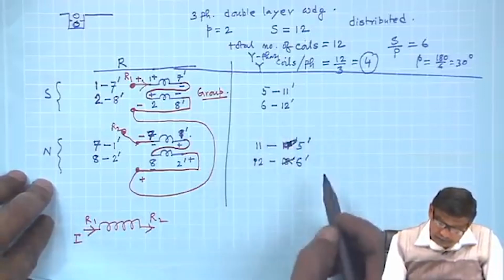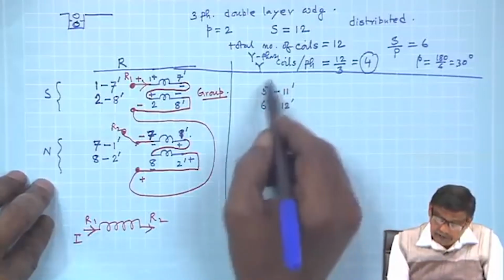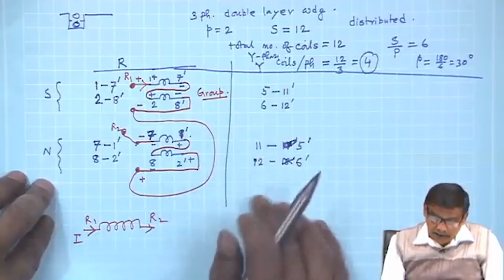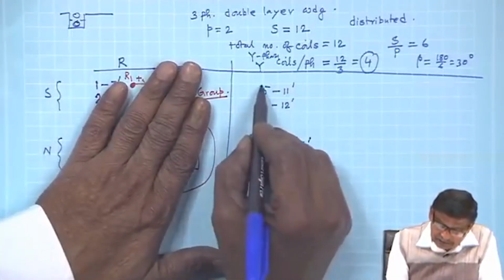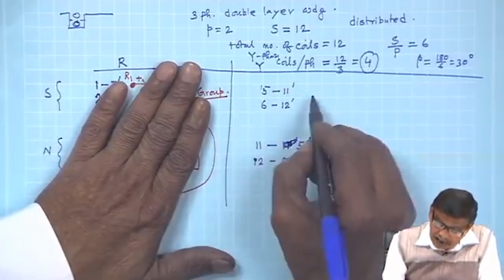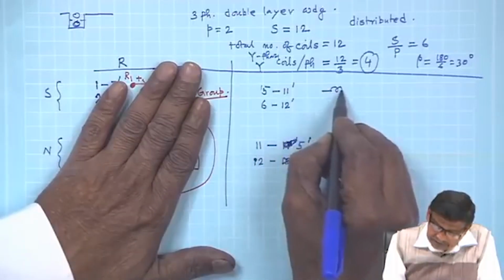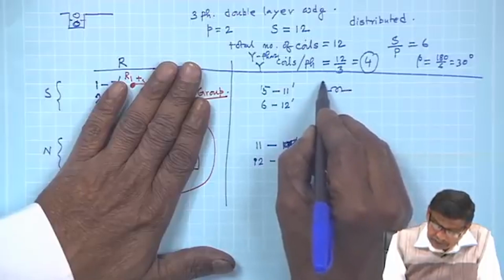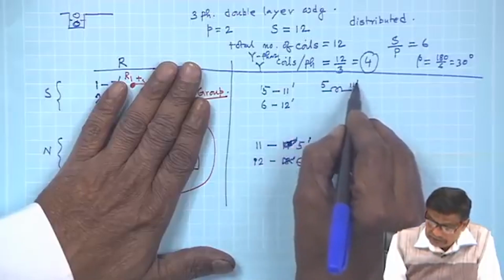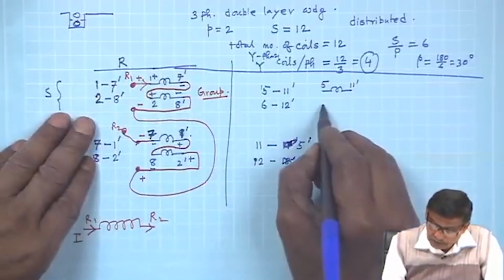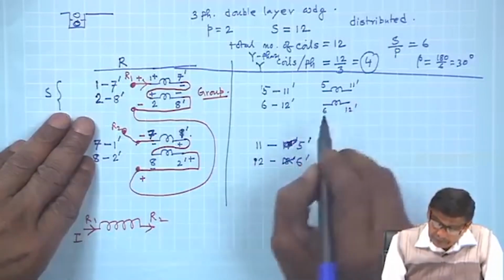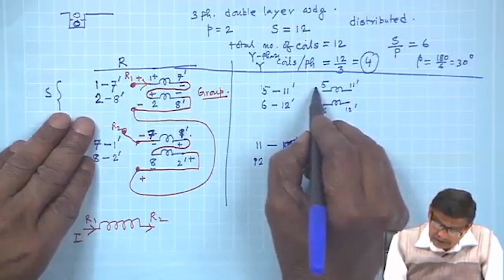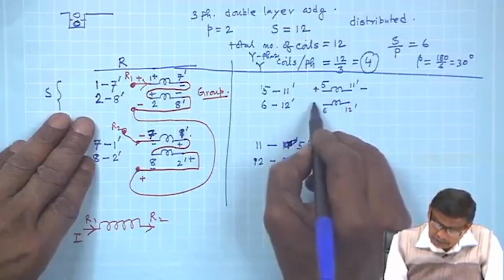So, this is how this Y phase coils will look like. Similarly, you assume that this group of coils is under North Pole, and the symbolic representation of this can be made with terminals 5 11 dashed, 2 coils distributed, 6 12 dashed, and if it is under North Pole, polarity will be plus minus,